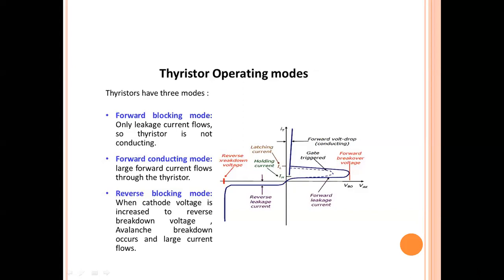So in either of the cases, if we increase the device voltage beyond this VB naught, the device comes to conduction. If we increase the device voltage beyond this VBR in the reverse direction, then the reverse bias junction breaks down and you have an avalanche breakdown region. This is the avalanche breakdown region. Okay, so here in these characteristics, we need to consider some of the terms.